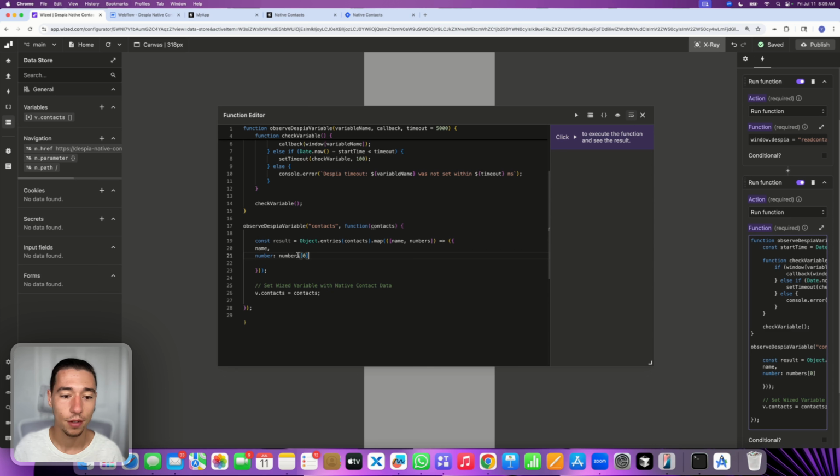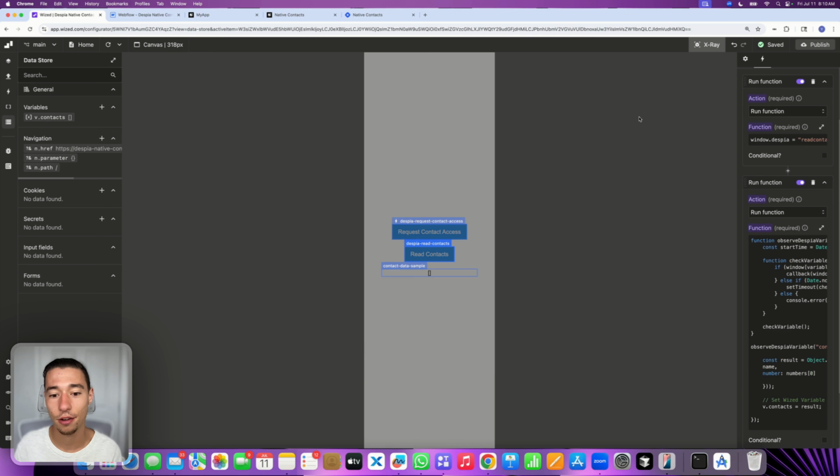Perfect. Okay, so now we have result. We're defining that here. The formatting is fine. Okay, and let's copy this const result, and I'm going to set v.context, not with contacts. v.context equals context will be replaced by v.context equals result. So we're putting it into a format that Wized prefers, which is a JSON array instead of an object for